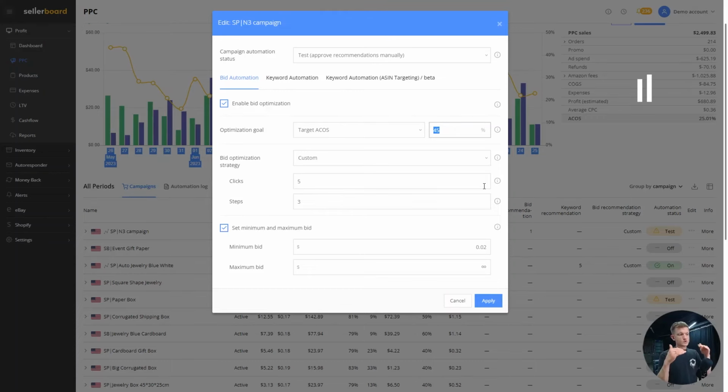And if you go with your target ACoS above the break-even ACoS, then you will have more sales, but you will not be generating any profit, and you will probably be losing money because you'll be spending additional budget that will be above what you will be making with these campaigns. So it all depends on your goals. And then you also have one option here, which is to set a minimum and maximum bid. Basically, this is something that you can do to prevent going over a certain value of the bid, and you can play it safe. You know that there are certain caps that you will not go over, so it's something that just makes you feel comfortable.